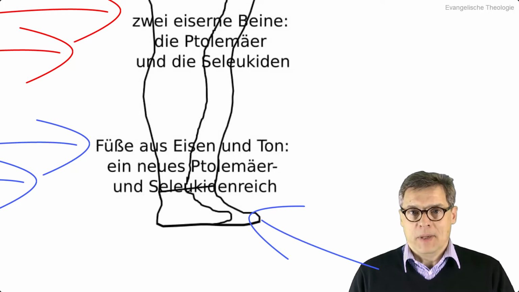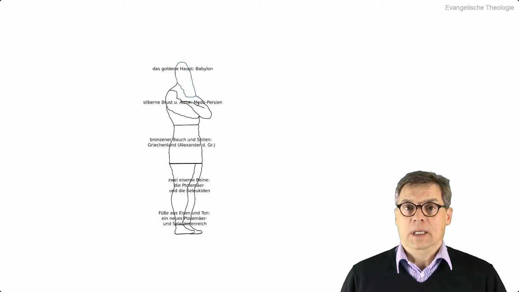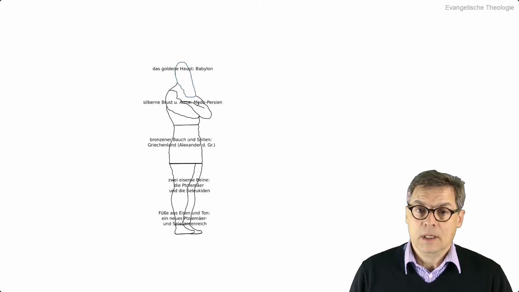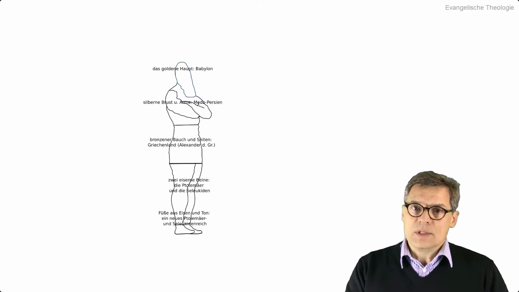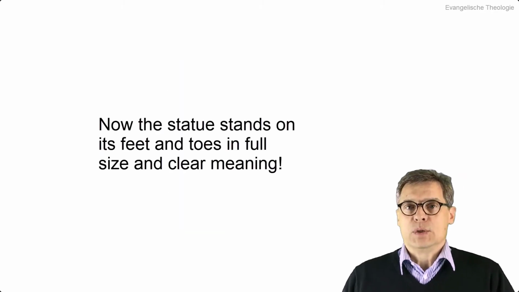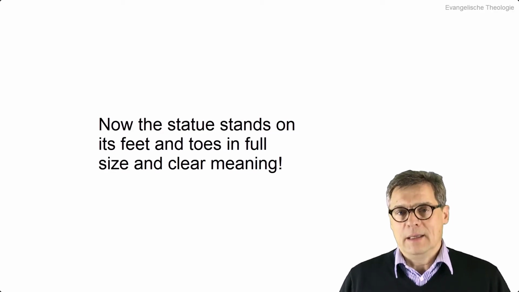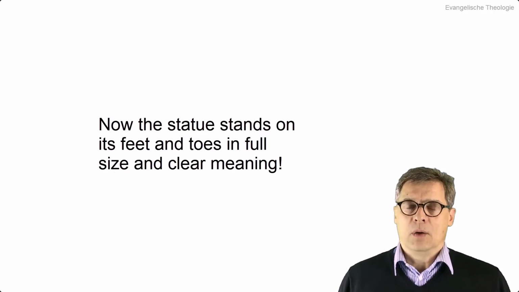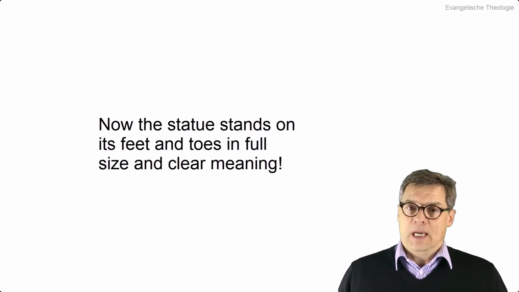They are made of iron mixed with clay. At the end of the day, the stone will be thrown against these feet, which will be torn down from the mountain and will set up a great empire of its own, the kingdom of our Lord Jesus Christ. Now the statue is complete. It stands in front of us, no longer with the legs moved, but now both legs under the upper body, and we can continue the interpretation from head to toes. This is a very amazing result for me to think about. So the statue is complete.